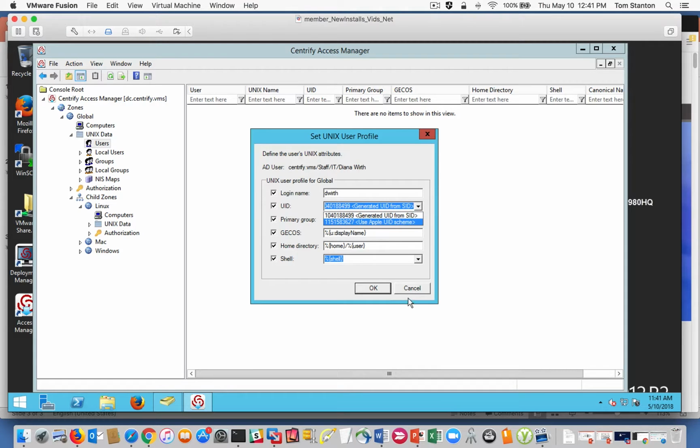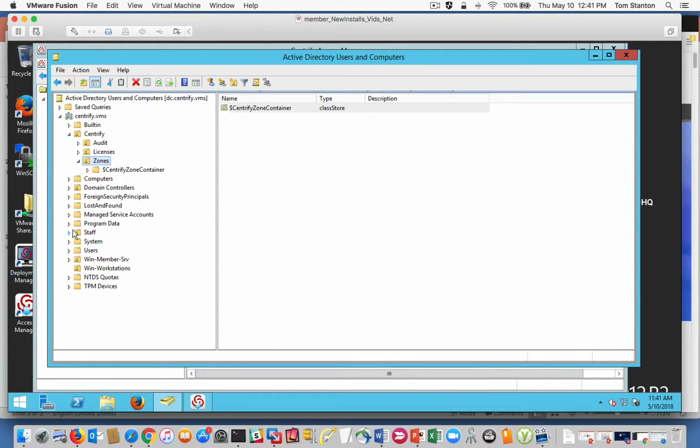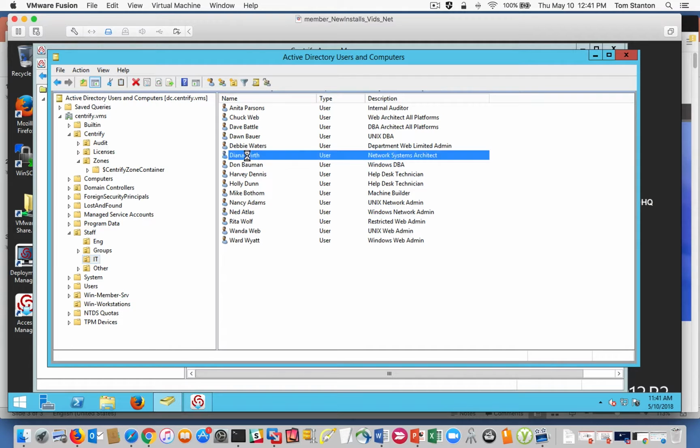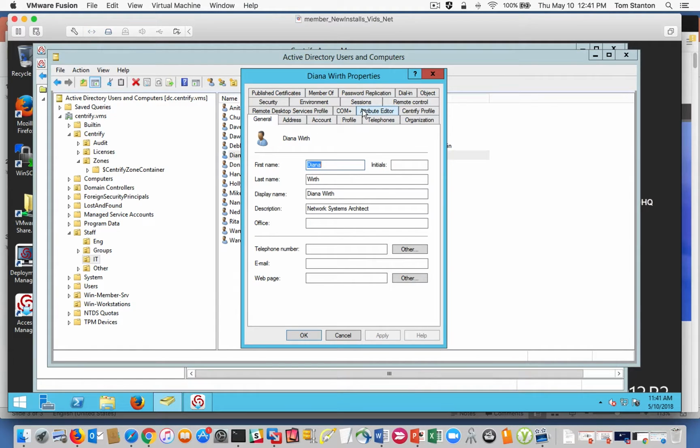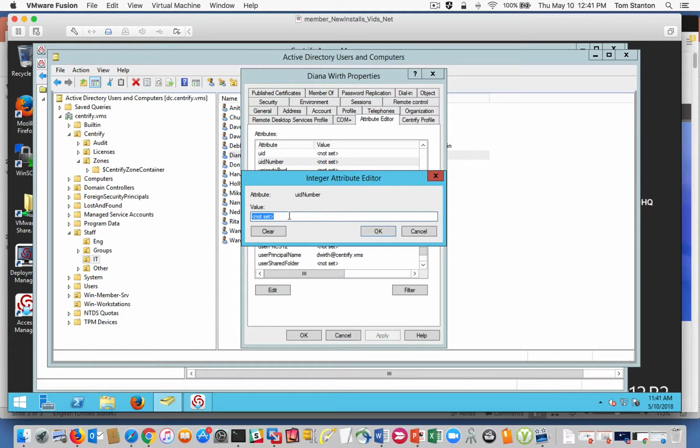Let me just show you something for Diana Worth. Notice I only have two. If I cancel out of this and go into Diana Worth, this is an option that a lot of people are doing in production more and more. And there's a UID number inside of AD. So if you go to the user and go to their attribute editor, go to the UID number, more and more I've seen customers set this. So if I set this value,